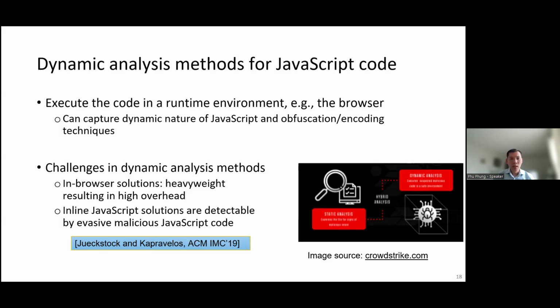All right, so that is the overview of dynamic analysis and static analysis and the challenges that we have.